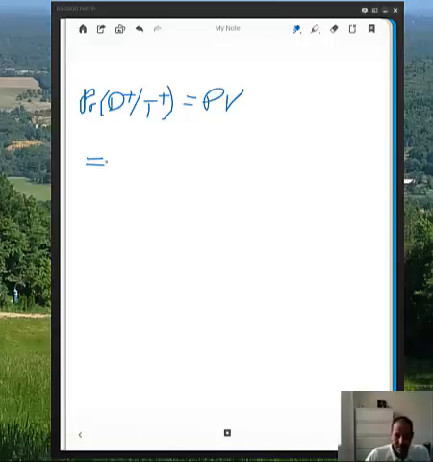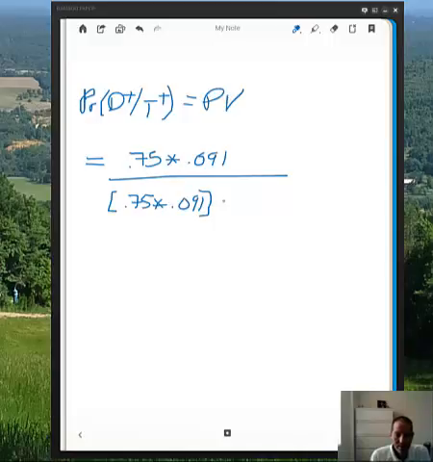We need the sensitivity of the test, and we know that it's 0.75, and we multiply that times the prevalence of the test, which we know is 0.091, okay? And we divide that by the same value, 0.75 times 0.091,